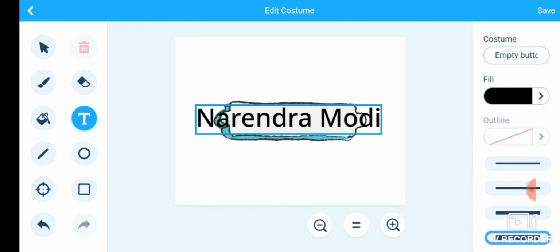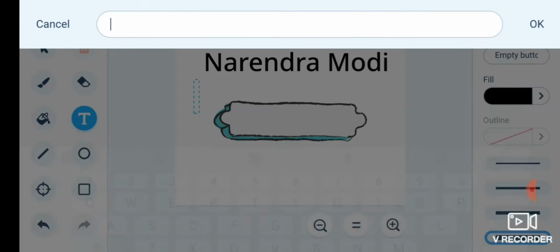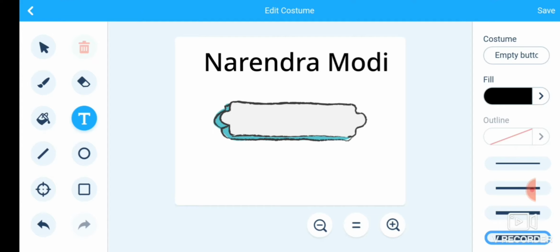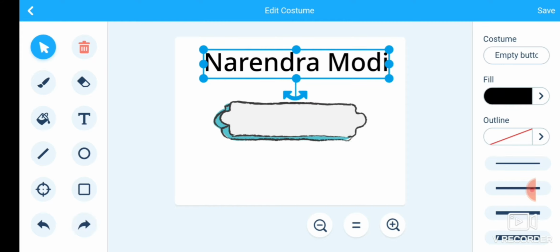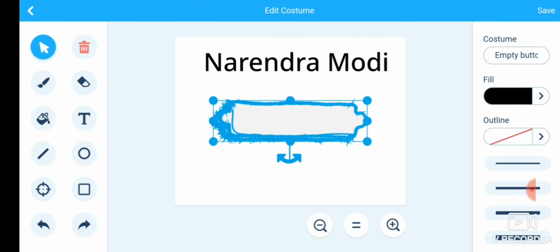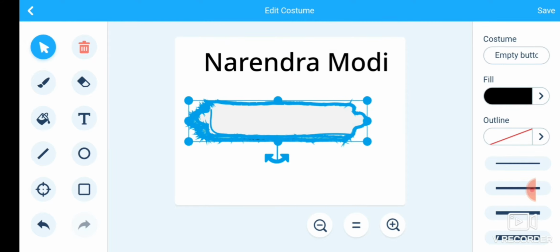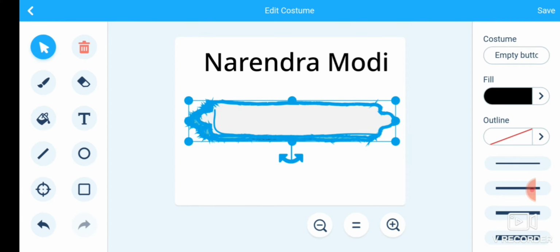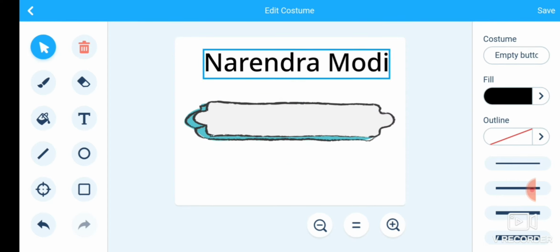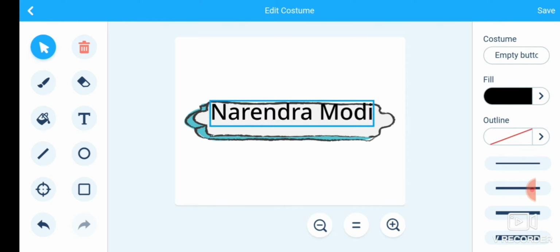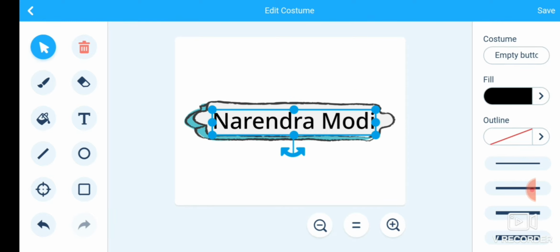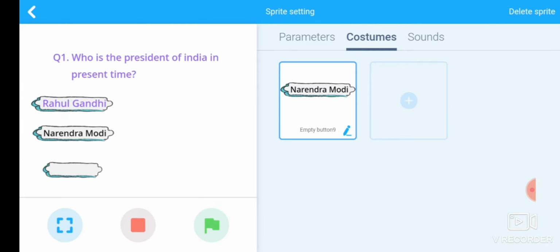Okay, fine, and adjust it. Increase the size of the button, reduce the size of the text and adjust it on this button and then save it.